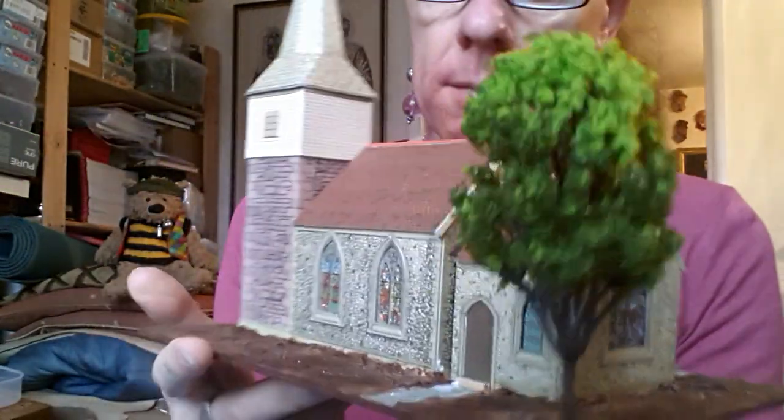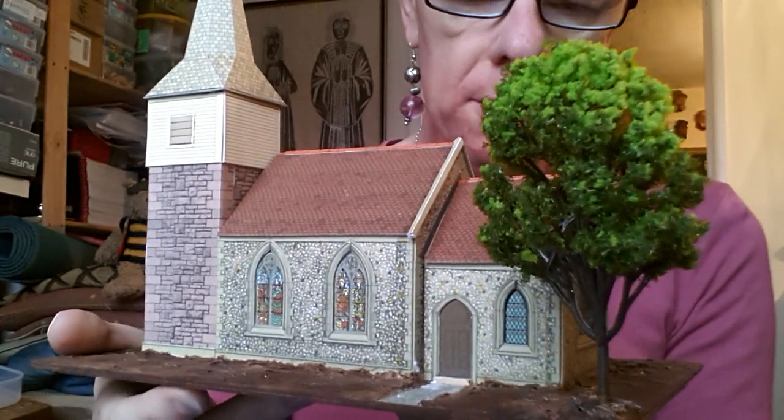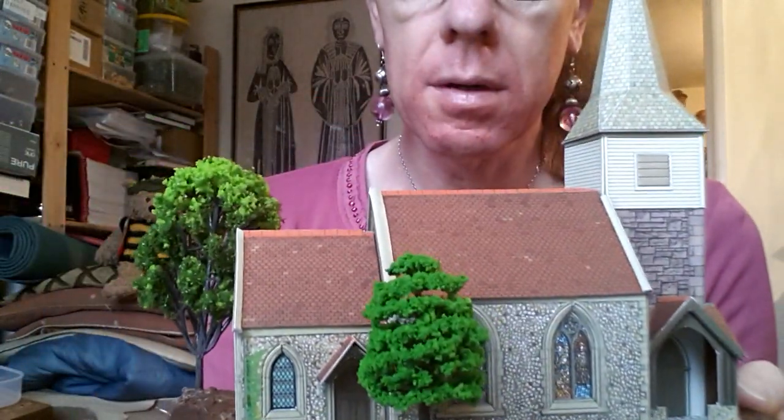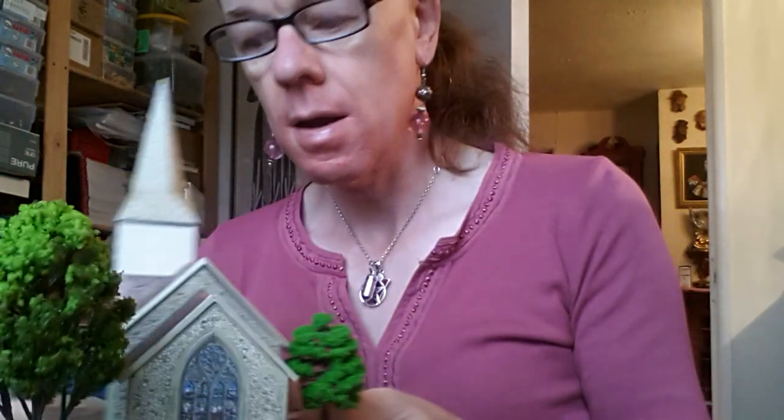And I had some packs of deciduous trees lying around doing nothing, so I put a couple of trees on the baseboard. So I'm very pleased with that, and I was very sneaky with this model,